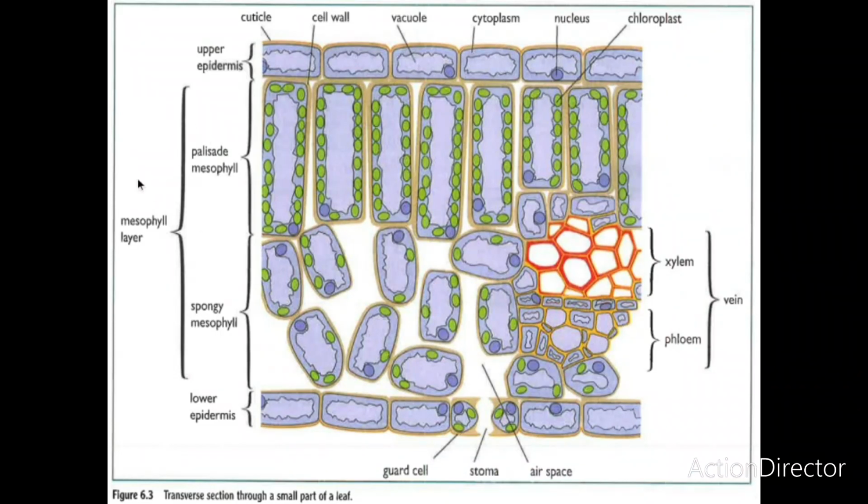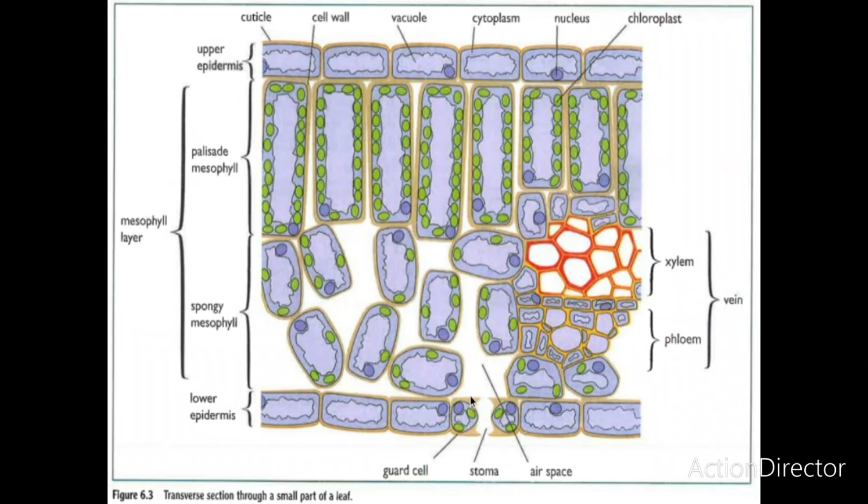vessel. So the palisade mesophyll layer contains a lot of palisade mesophyll cells that are tightly packed, and these cells are closer to the upper surface of the leaf. They are found just below the upper epidermis of the leaf, and they contain numerous chloroplasts and large vacuoles. All this makes photosynthesis efficient. The spongy mesophyll layer contains a lot of air spaces, and these air spaces allow carbon dioxide to reach the palisade mesophyll cells and all the photosynthesizing cells, and they also allow oxygen to diffuse out of the cells into